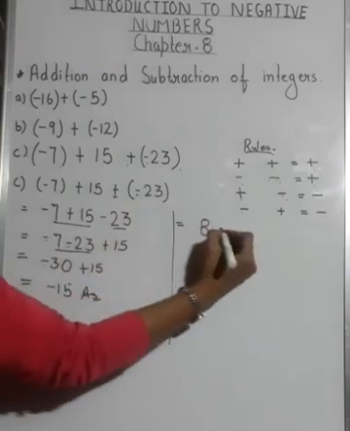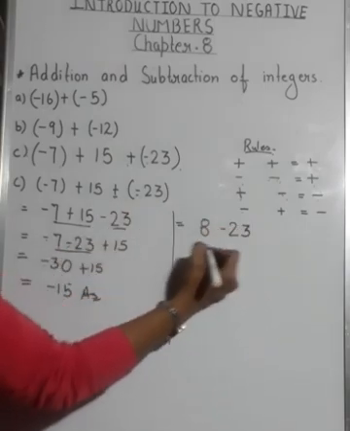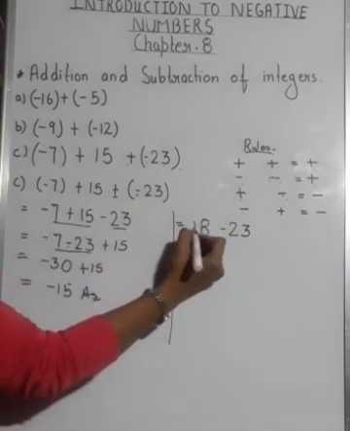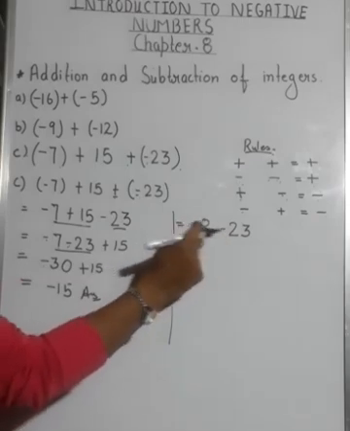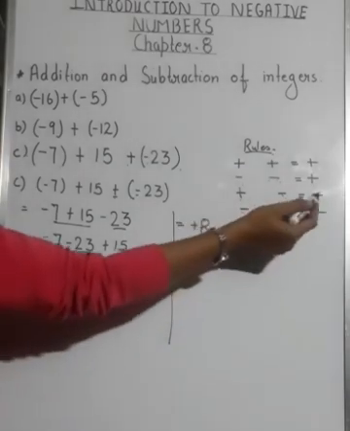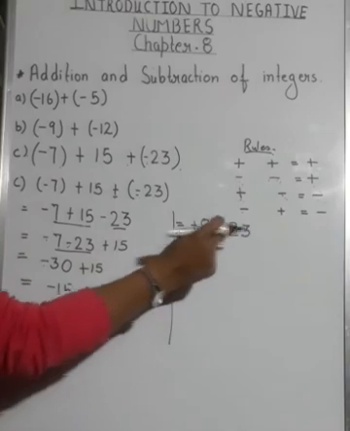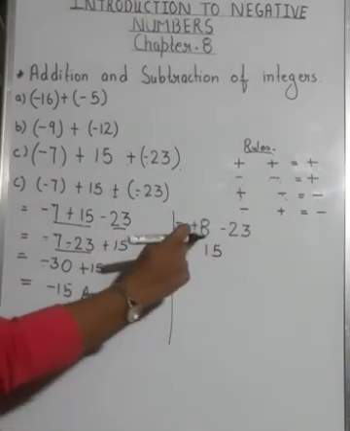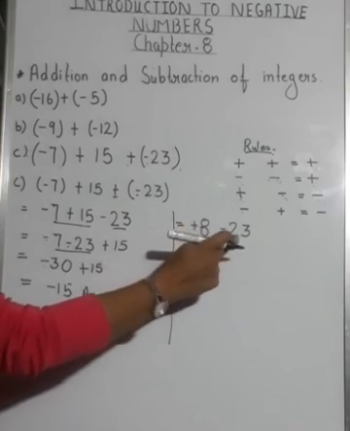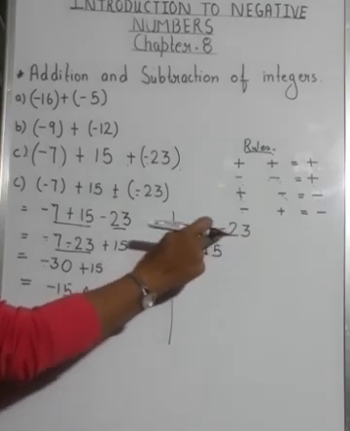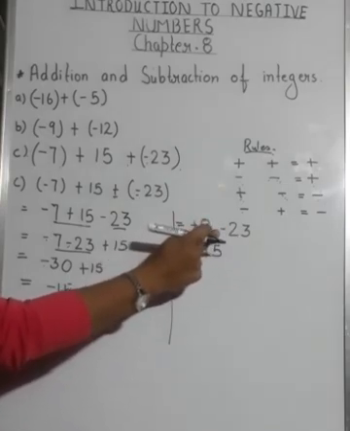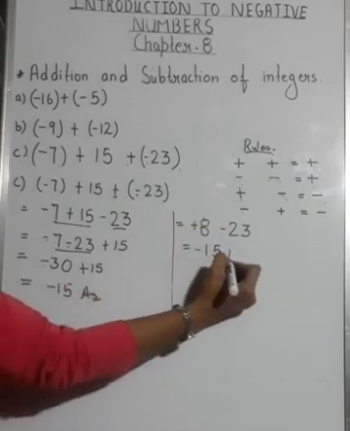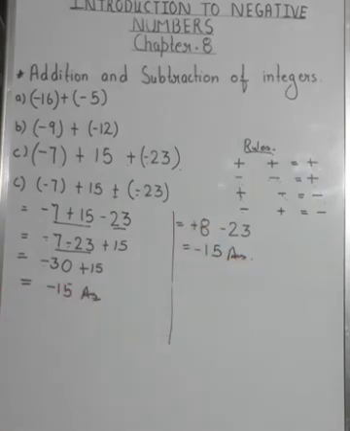Now next we are having minus 23. Okay. Now if there is no sign, it will be plus over here. Now plus minus. Plus minus is always minus. So 23 minus 8 will be 15. Okay. Now which is greater among them? 8 is greater or 23 is greater? 23 is greater. What is the sign before 23? It's minus. So put a minus sign over here and this will be your answer. Clear?